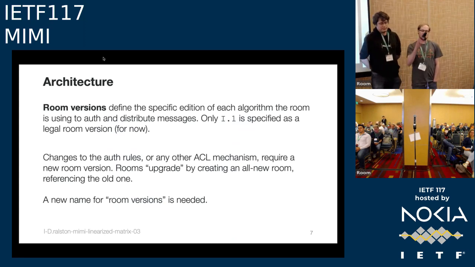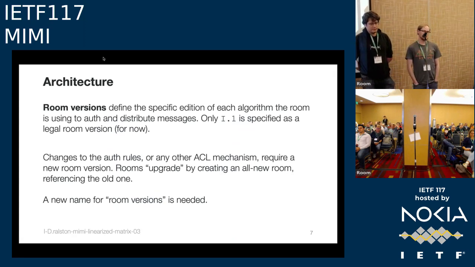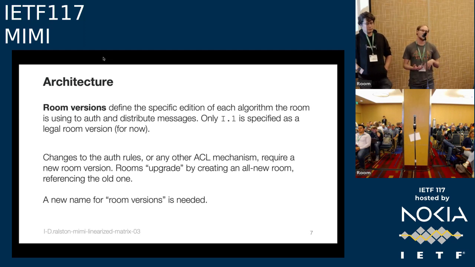All right, so room versions are what we pretty much use to define the different policies or access controls in the room. They need a better name, as is mentioned at the bottom of the slide there. But the overall idea is that if you want to change anything to do with the access controls, you do what is equivalent to re-init in MLS. So you just abandon or delete the existing room or group, and you just create a whole new one. That allows for consistency on all of the different providers and all the different servers in the room,